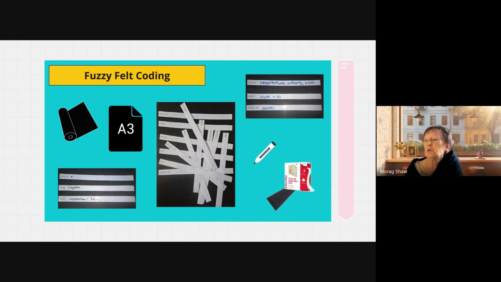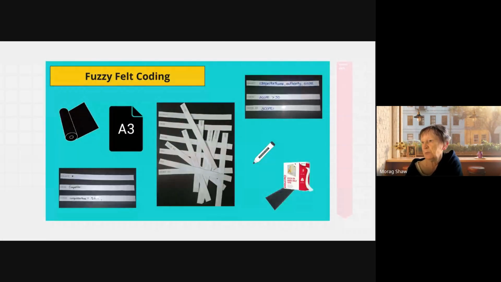So creating fuzzy felt code is only one use of them. The individual database records that I use for the grouping could be used in fuzzy felt coding boards to build answer tables, or about a standard algorithm, stages of a standard algorithm being laminated with little bits of Velcro, and then asking kids to put them in sequence and beginning to build up that knowledge of how the algorithm looks, that type of thing. But they're also a great way of checking coding skills and a good practice at testing